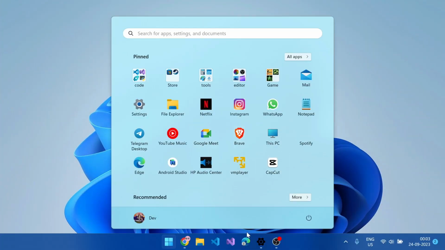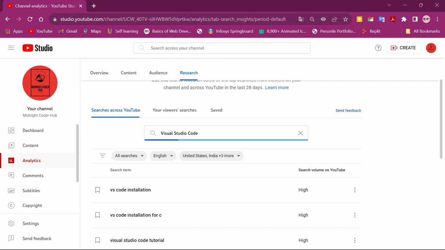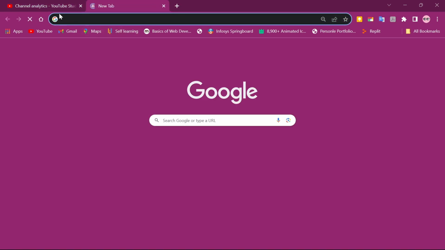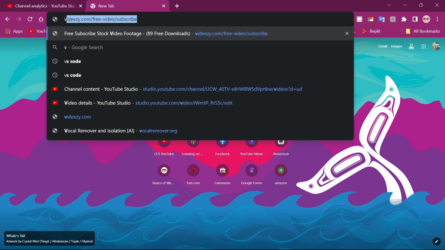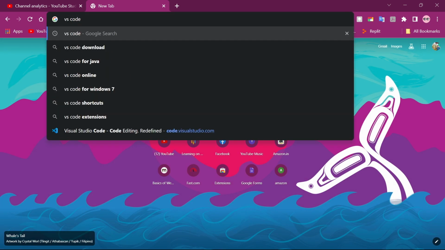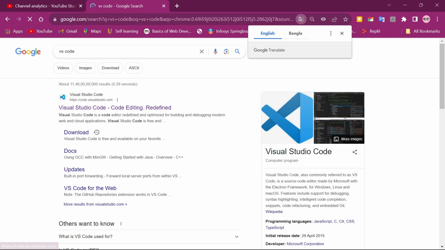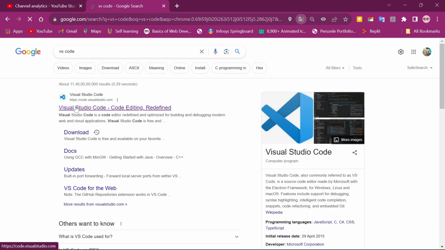Downloading Visual Studio Code is a straightforward process. Here is a step-by-step guide to download and install Visual Studio Code on Windows. Open your web browser and go to the official Visual Studio Code website